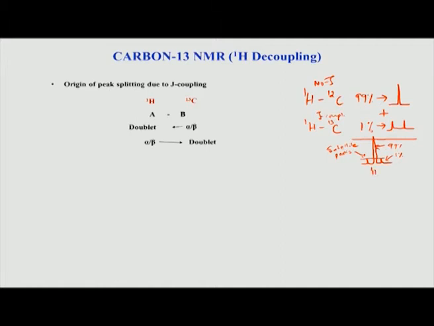But this is not the case for carbon. In the case of carbon, there is basically a proton attached to C13, and this C13 is always attached to a proton. Anyway, C12 does not give any peaks. So, whenever you look at carbon 13, all the time this carbon 13 is coupled to a hydrogen. Therefore, carbon 13 will always give this multiplet spectrum, it will never be a singlet, never a singlet, unless we remove the J coupling.